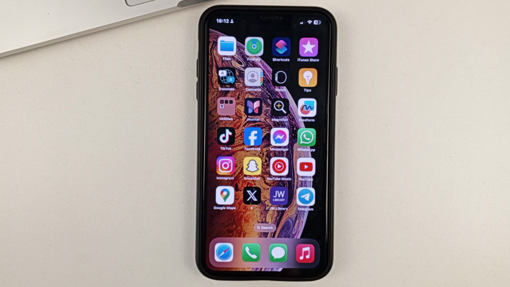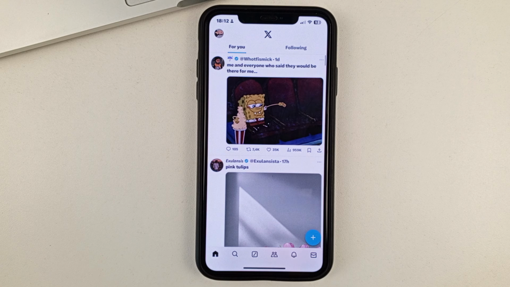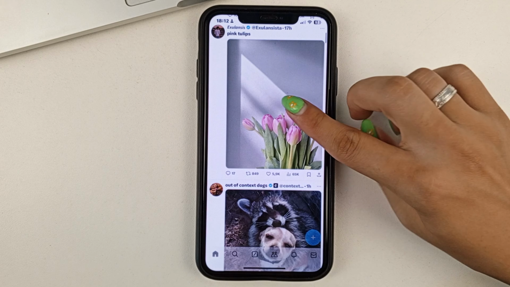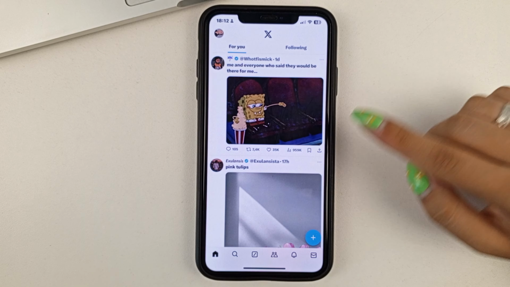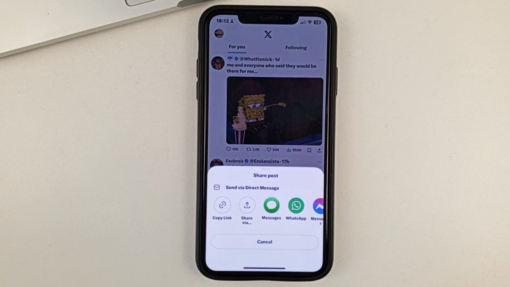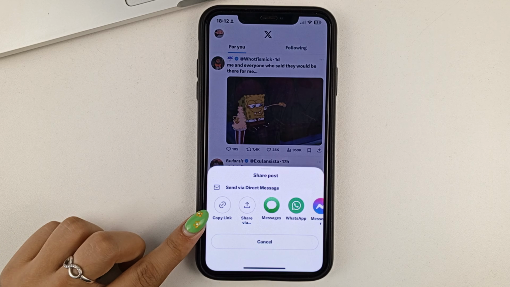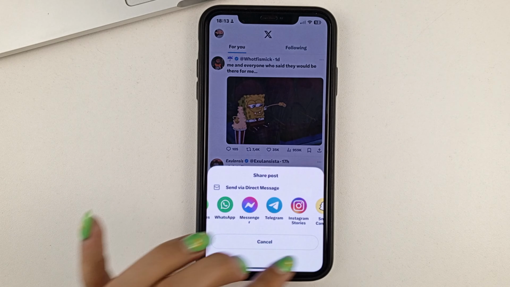So, first of all, open the X app. Next, if you want to copy a link or, for example, share a certain post, but not your own, just someone else's post, then under that post, you'll need to select this share sign at the very end. Click on it, and you can copy the link that way. Or you can immediately share this post on any of the social networks.